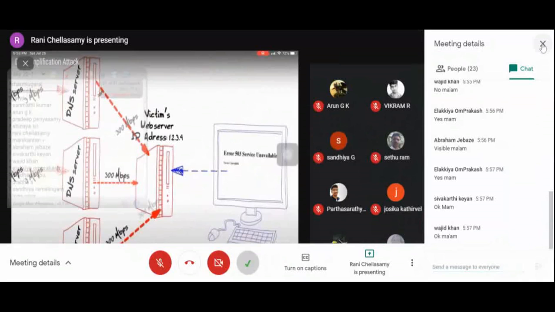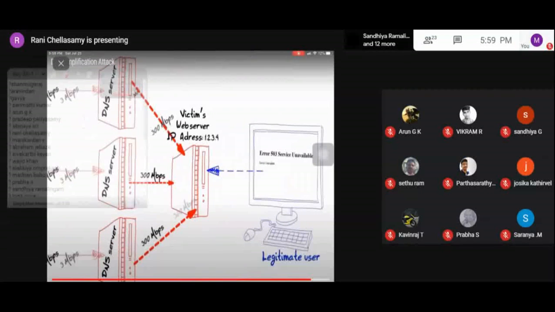Okay. So here you can see the attacker is sending the DNS query at the rate of 3 megabits per second, and the DNS server amplifies it to 300 megabits per second and sends it to the victim's web server.